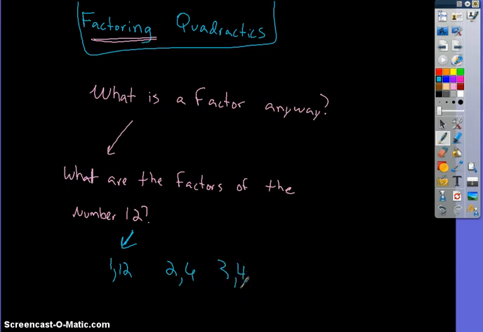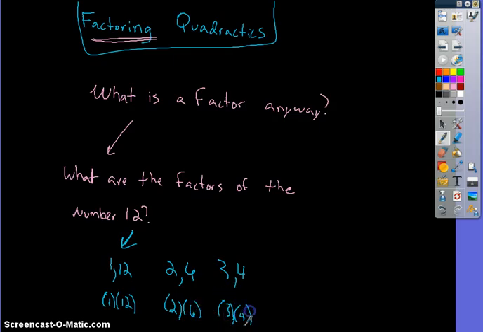Why are they factors of 12? Because they multiply together to be 12. So as we get into this factoring stuff, keep in mind, we're looking for numbers that multiply together to be the larger number, or the number in question, or the polynomial in question. We're looking for what multiplies together to be it. So we write it with commas between, but technically we're saying, well, what is 1 times 12? Or what is 2 times 6? And what is 3